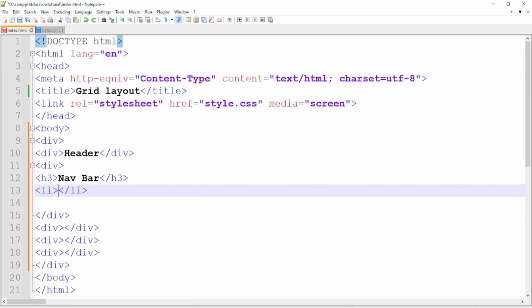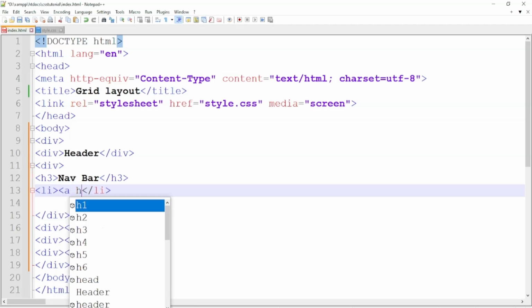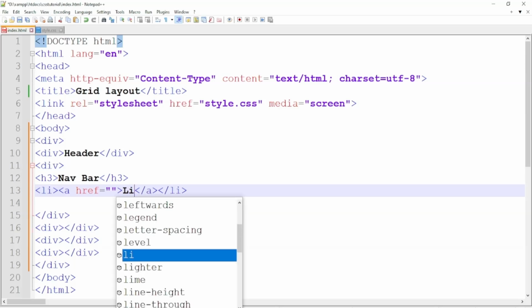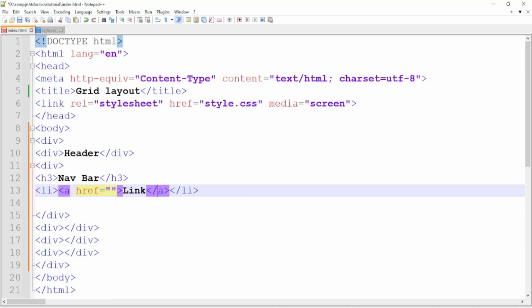In between the li tags we will use an opening a tag, href equals double quotes, and close the a tag. Copy